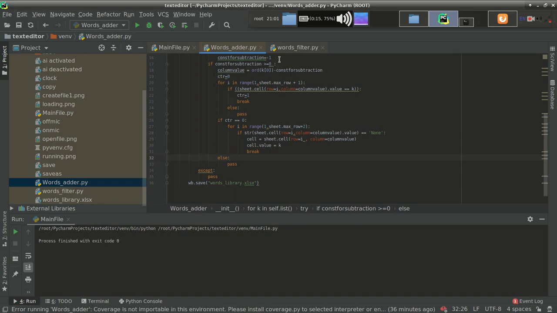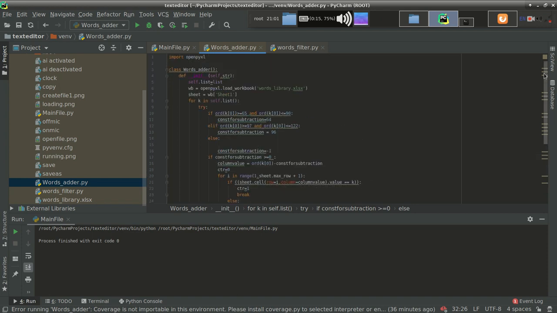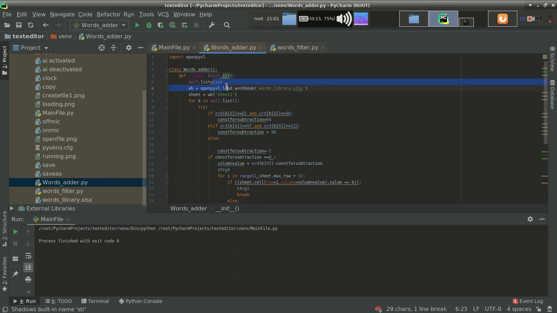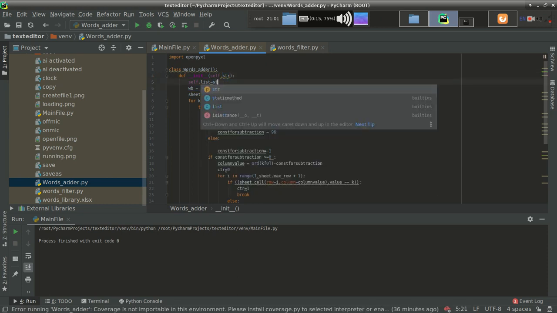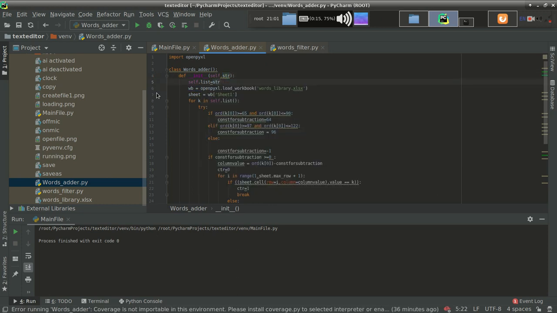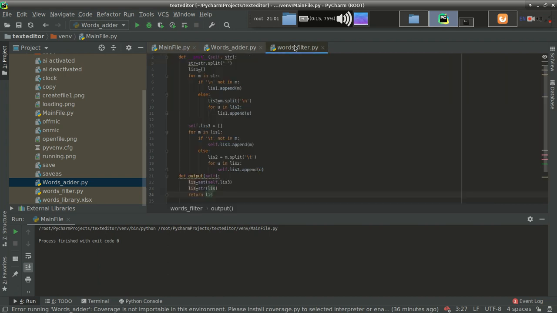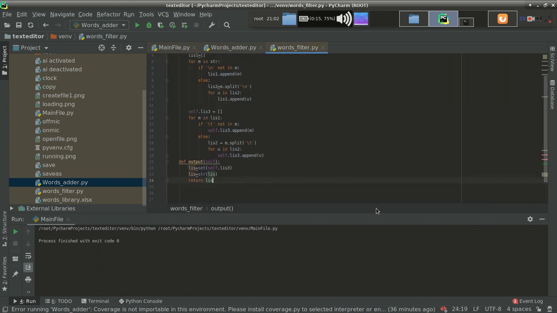The biggest bug is that here I am getting str and I am assigning list. This is the bug first of all. The bug is also over here: using words filter, return is returning me a string of words.